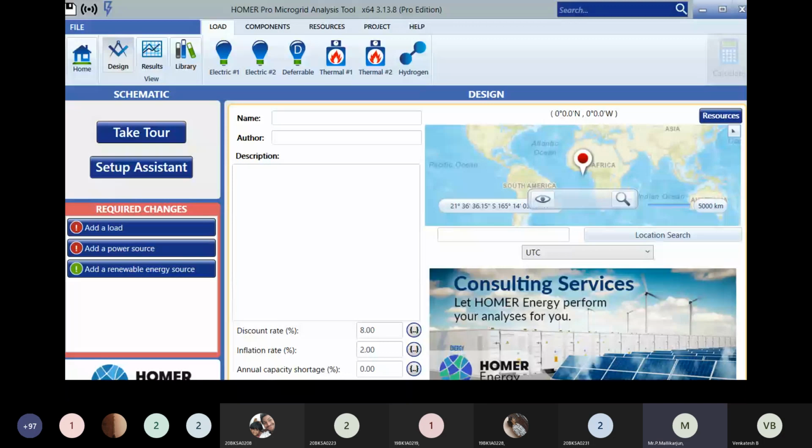Click on that. You will have different loads such as residential, commercial, industrial, community, and blank loads. I hope all of you are able to get this.